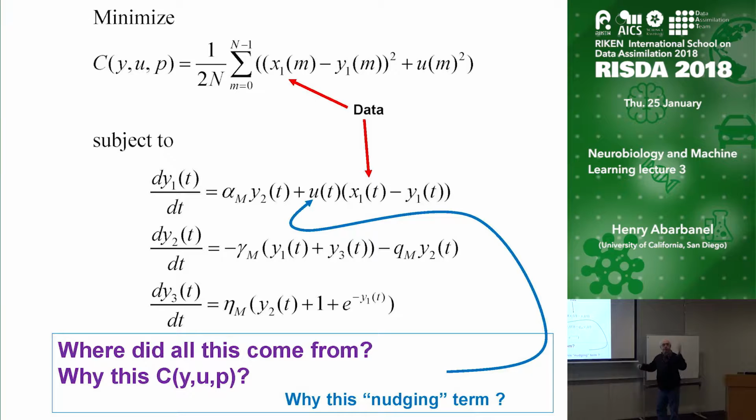All right, where did all this stuff come from? The model, forget the U term here. The model came from trying to figure out how a transistor works, so that the transistor that I got for a New Year's present, I can now use in the follow-up K computer, right? So if I'm going to compete with RIKEN, I'm going to have to start on a good footing. Then I'm going to have to go out and get a lot of money, right? But I want to know how my transistor works.